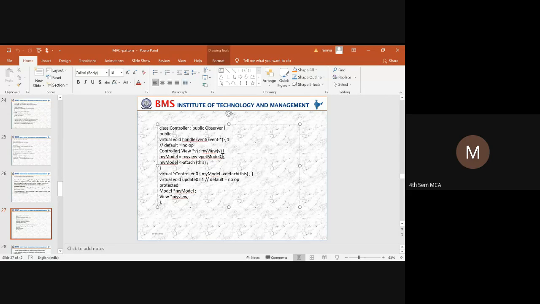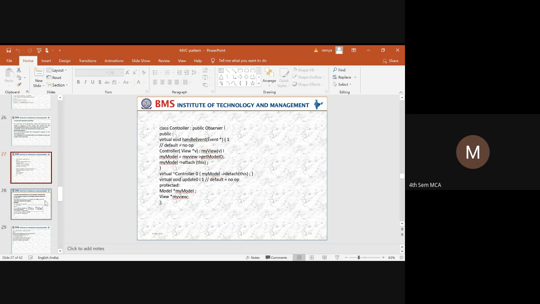To fetch the data from the model, it will take the attach procedure. To the current model, it is going to attach, and those will be fetched by the controller. And whatever updations are there, those updations will be received by the controller.